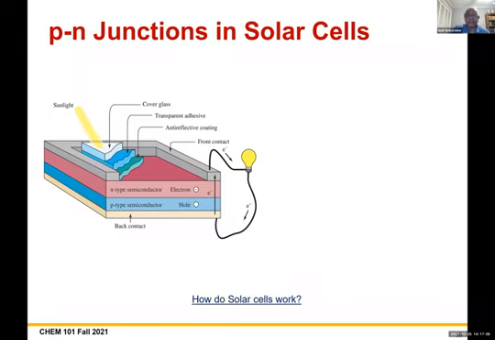So that completes the circuit. If you run a wire through the outside with a bulb, we can use the electron flow to create electric current. So this is the basic design of PN junction solar cells that is found in